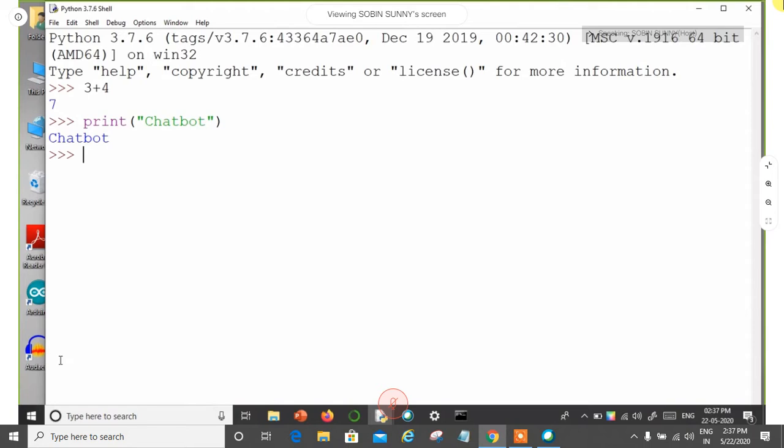But the problem with idle is that it is not feasible for complex programs. Suppose you're dealing with a huge amount of data, this idle is very insufficient. It is good for normal kinds of programs. In occasional cases, we just need some complex packages. For Chatterbot, for machine learning or artificial intelligence, we will be using some packages like NumPy, SciPy, Pandas, or we will be using some complex thing like sklearn.